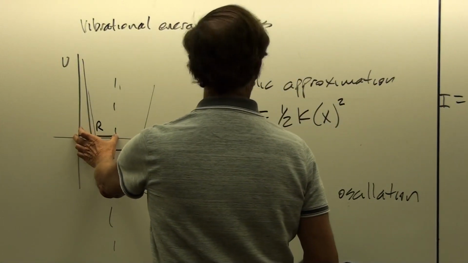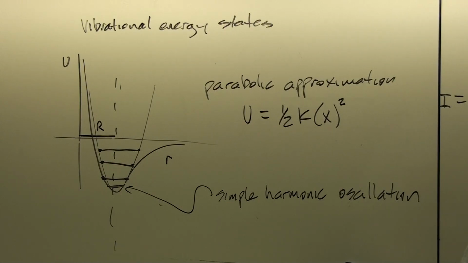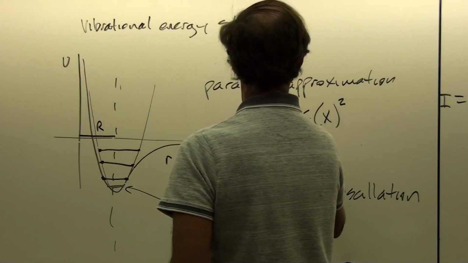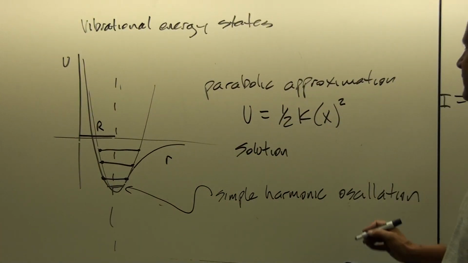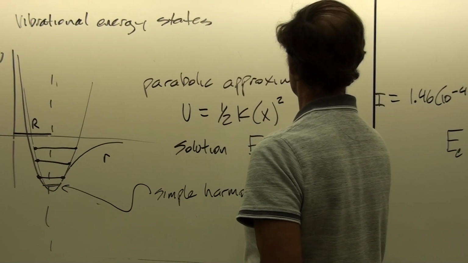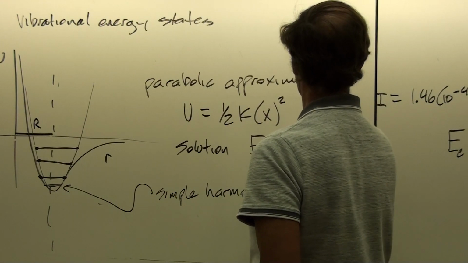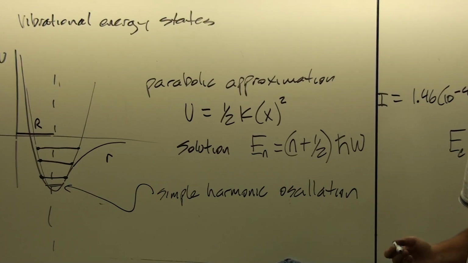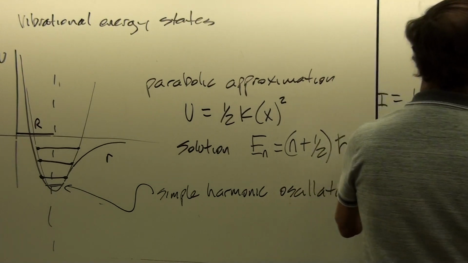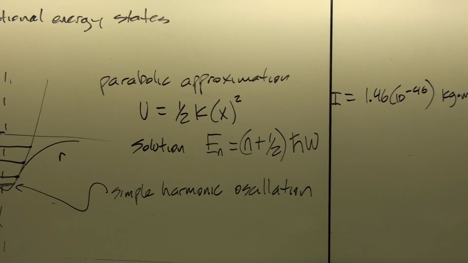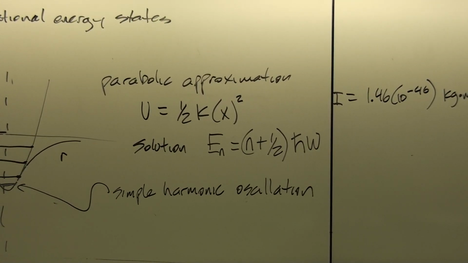But it's our bond length squared. Okay? And so this has a solution that we saw before for the simple harmonic oscillator, where the nth value for the energy is equal to n plus 1/2 times h bar omega, or n plus 1/2 Planck's constant times the frequency. Okay, and so what we need to do here then is to work this through is to find a natural vibrational state.